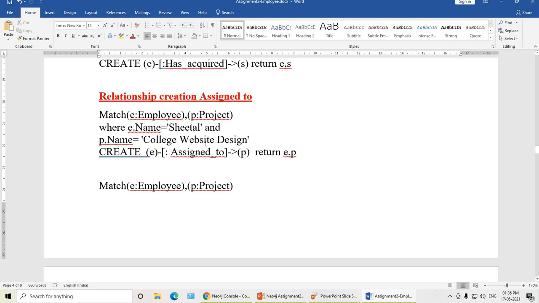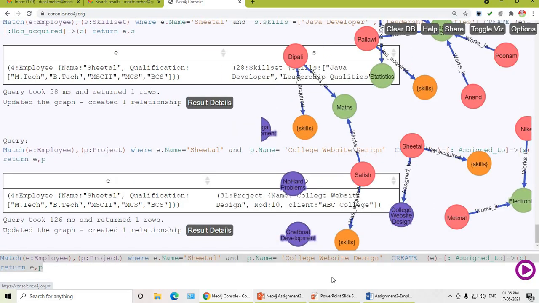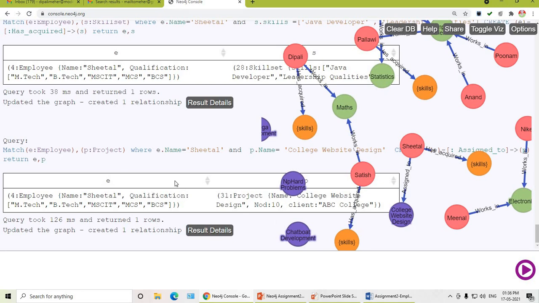E assigned to P. Employee assigned to project. Source, relationship, destination. Like this you can create how an employee is assigned to a project. So you can see graph is updated as well as the output is displayed here in a table format.